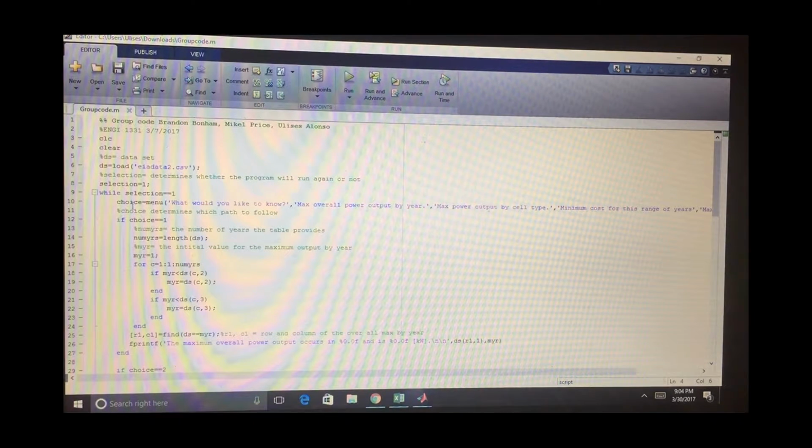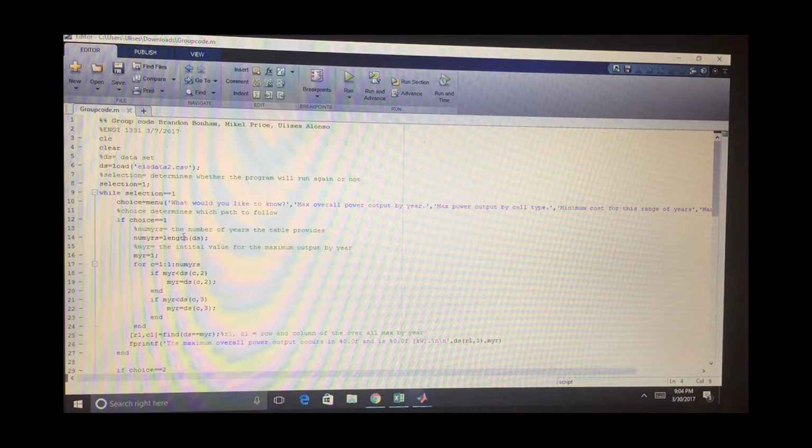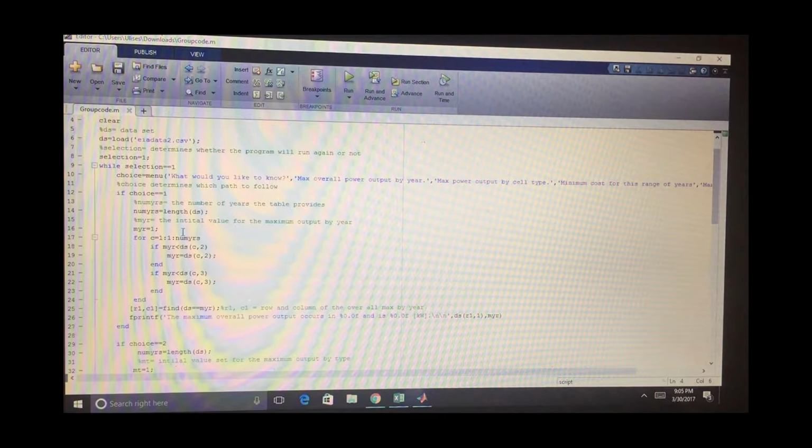Now within this while loop lies the entire code, basically, and it starts off with a menu option, and it asks what the user would like to know. There are 4 options here, and if the user picks the first choice, it'll go to this if statement right here that will run these 4 loops over here and retrieve the data that the user is